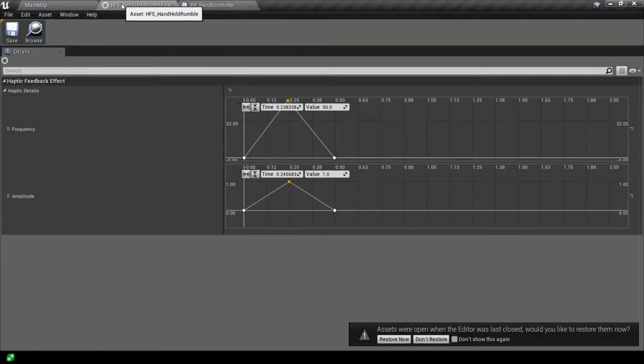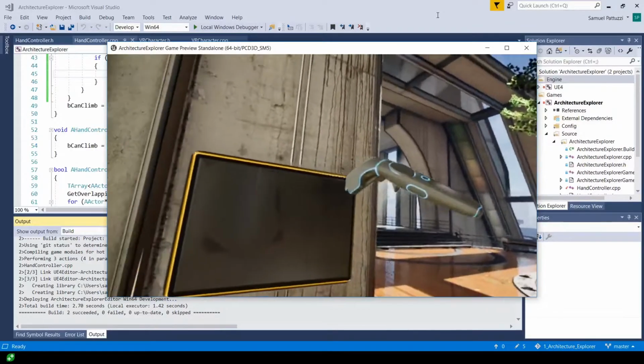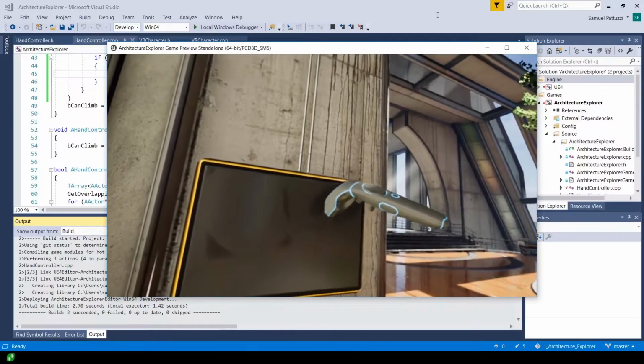Hello and welcome. In this lecture, we're going to be editing these things, which are haptic feedback curves. Very interesting indeed. And what are they going to be doing? Well, when we go ahead and hit play, then when we put our controller into a climbing handhold, it is